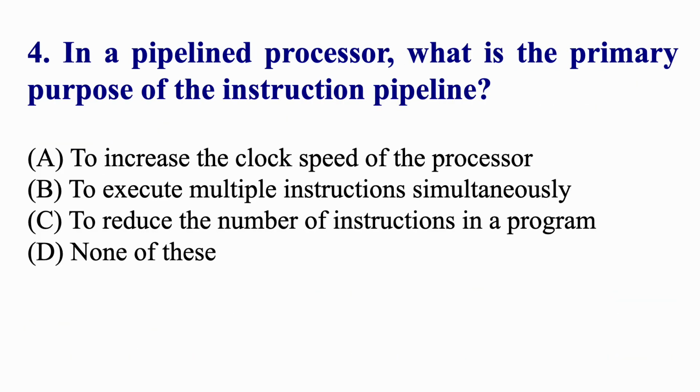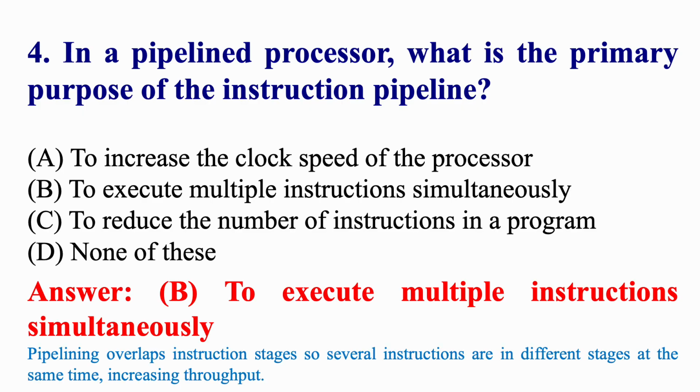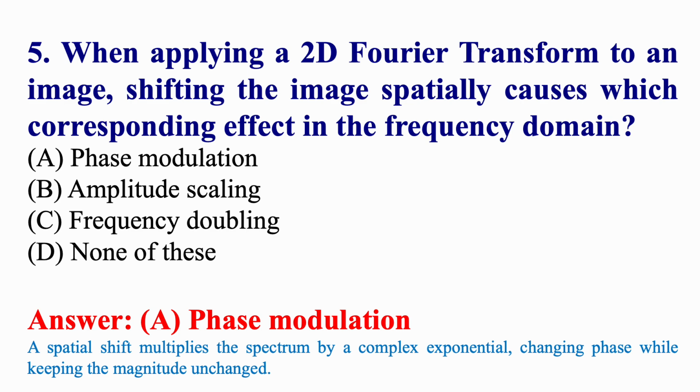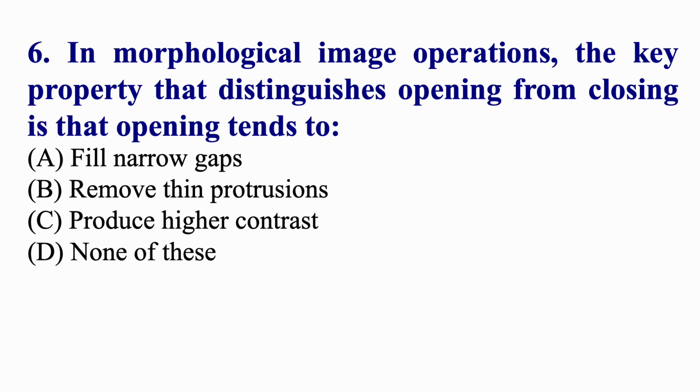In a pipeline processor, what is the primary purpose of the instruction pipeline? To execute multiple instructions simultaneously. When applying a 2D Fourier transform to an image, shifting the image spatially causes which corresponding effect in the frequency domain? Phase modulation. In morphological image operations, the key property that distinguishes opening from closing is that opening tends to